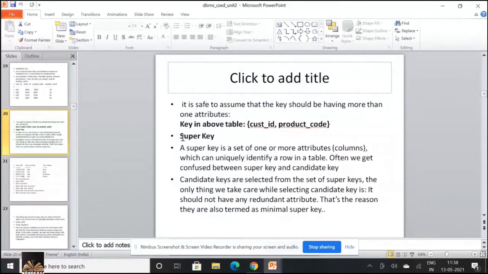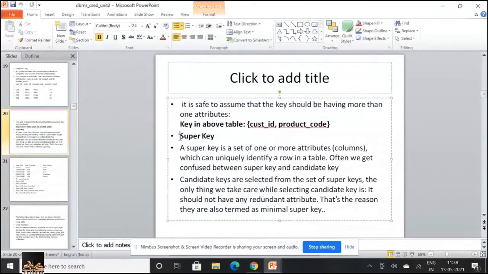Okay. The last one is super key. A super key is a set of one or more attributes. As I told you, you can form a key using a single attribute or a combination of attributes.